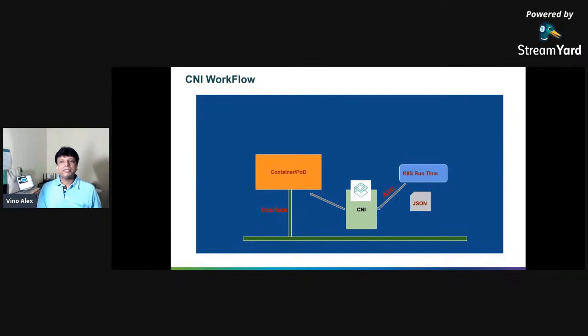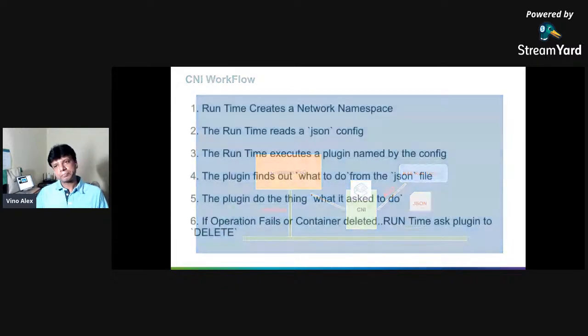Your kubelet will call the CNI with an add, and based on the JSON config, it can find out which CNI it's supposed to use, and the CNI will do the rest of the job. It will do the interface addition and the IP allocation, because the JSON payload instructs the CNI what to do, right? So this simple illustration could help you understand how this workflow happens between kubelet and CNI.